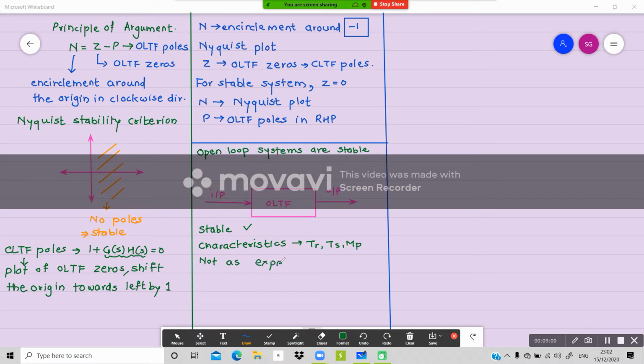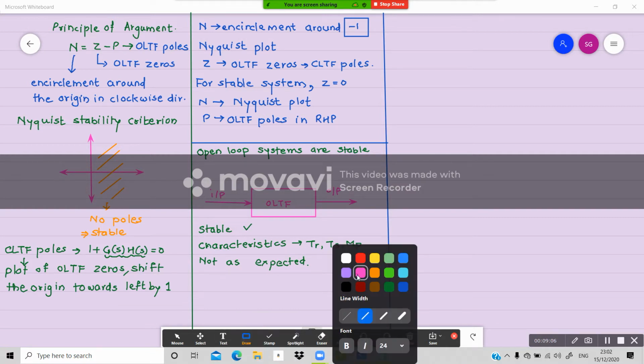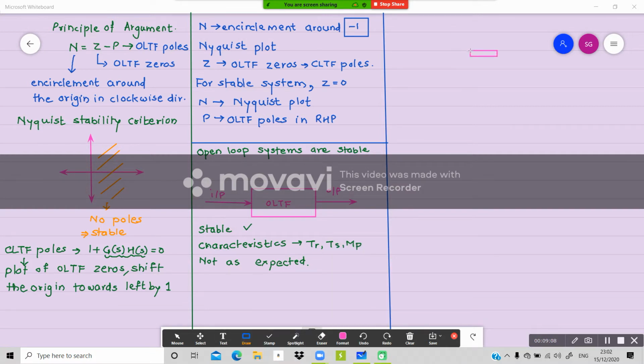So what we used to have, because you are not getting as per the expectation, what do you do? You put a controller in the system. You make it a closed loop system, right? Am I right? And you say, yes, feedback should be there. So I'll draw it. Many a times we had drawn this, right?